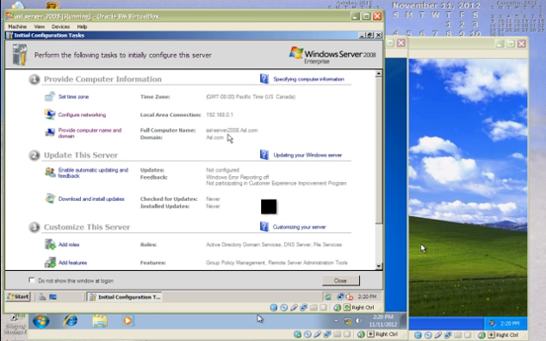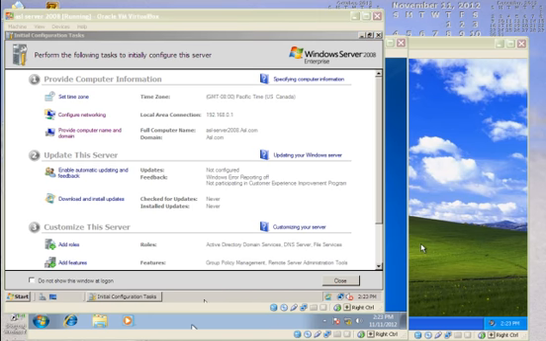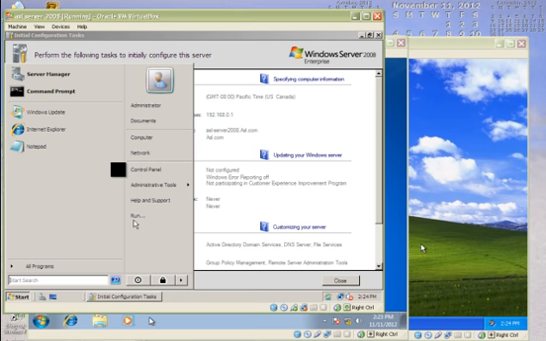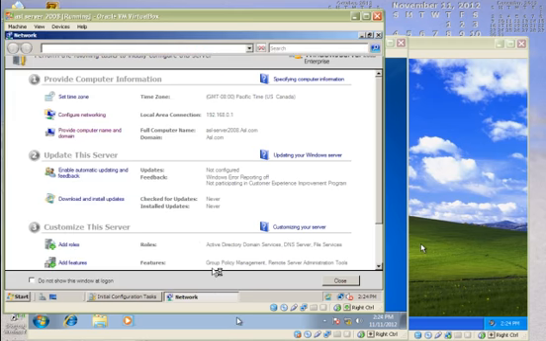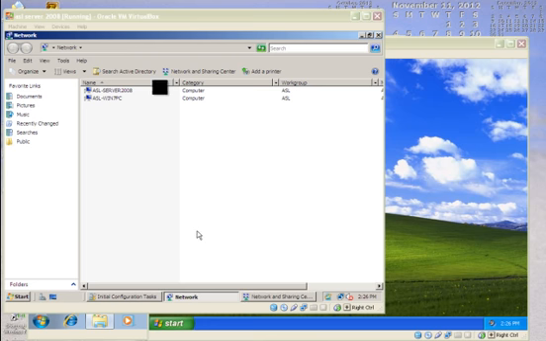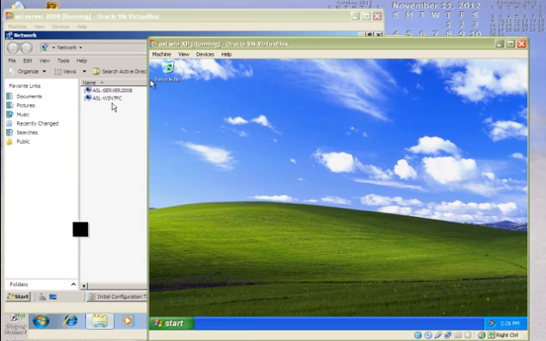Now we are going to check and see if everything is okay, and to make sure both clients are visible on Windows Server. So we go to Start, to Network. As you can see, only two of the networks have been joined, so we are going to check and see what is the problem. So for Windows XP, we go into